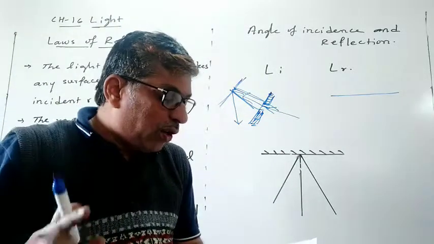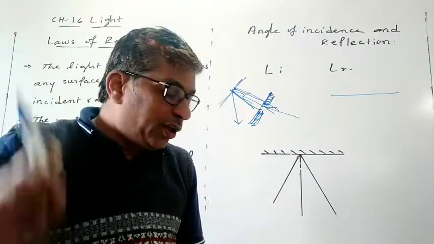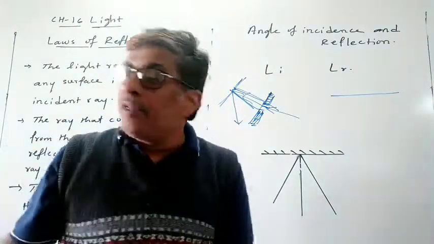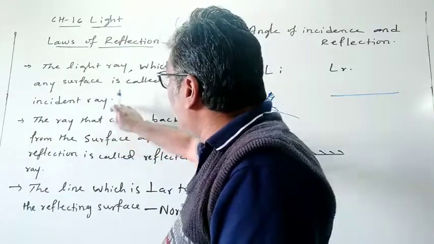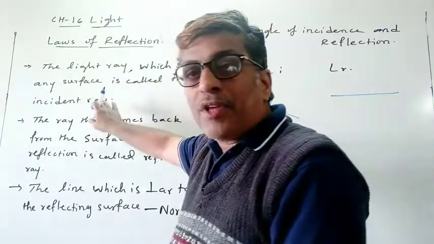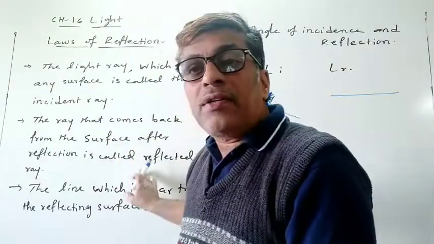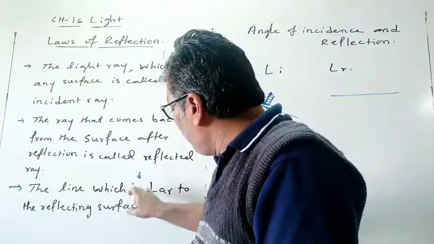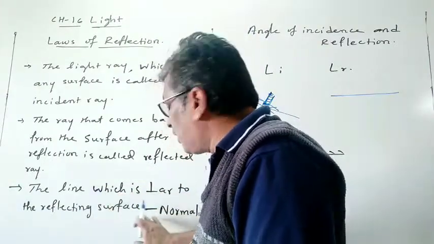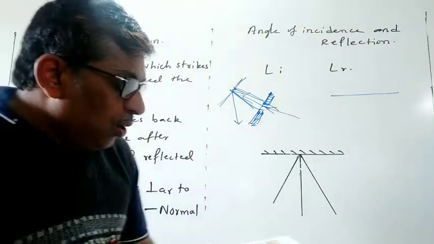Now what did you learn? Incident ray, reflected ray, and the normal. The ray which strikes any surface is called the incident ray. The ray that comes back from the surface is called the reflected ray. The line perpendicular to the surface is called the normal. Okay, dear students,